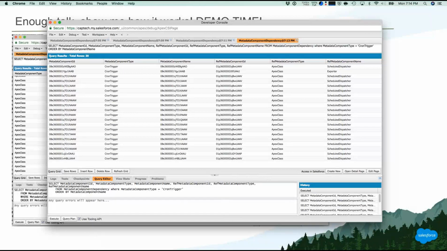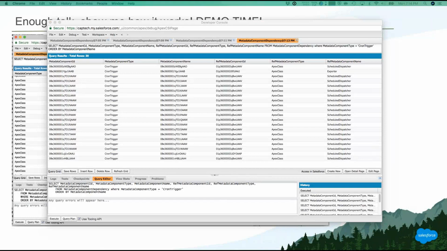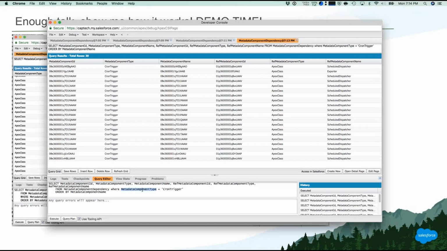One other interesting little highlight, and then I'll wrap up. So far, we've looked at a lot of metadata, and you may have seen a few little oddities, even in stuff that I've shown so far. I didn't talk a lot about what each of the fields were. But as you can see, you get an ID, a type, and a name for both the left-hand side and the right-hand side. And this metadata component ID for both is where things can get a little bit weird,